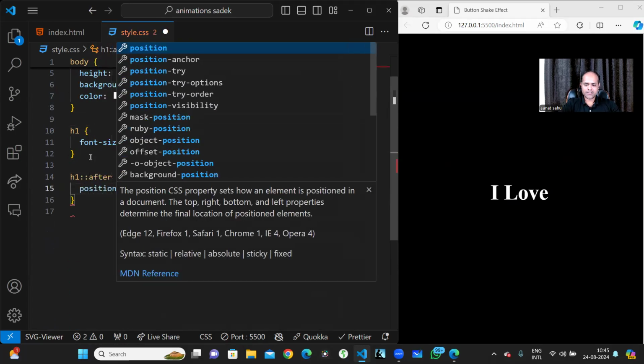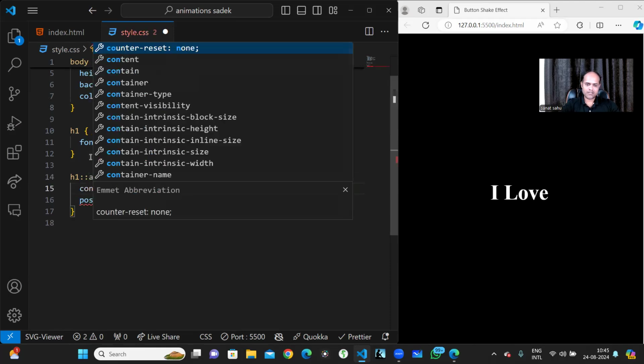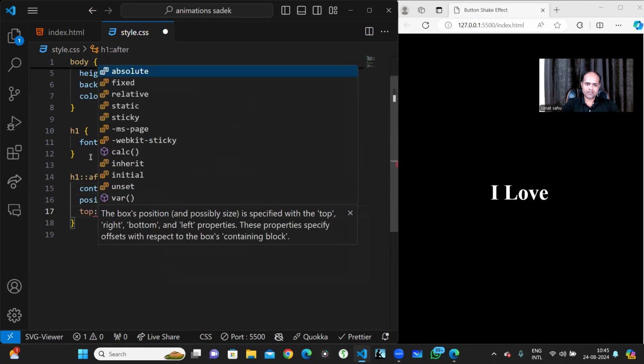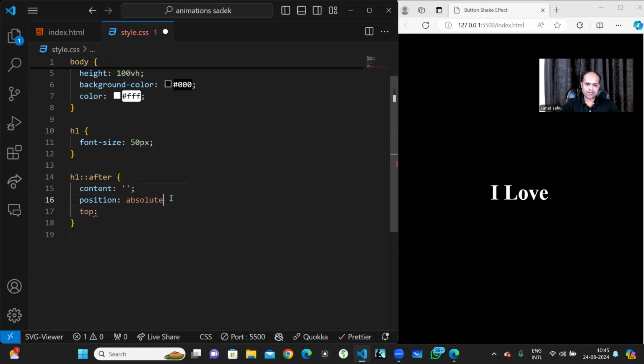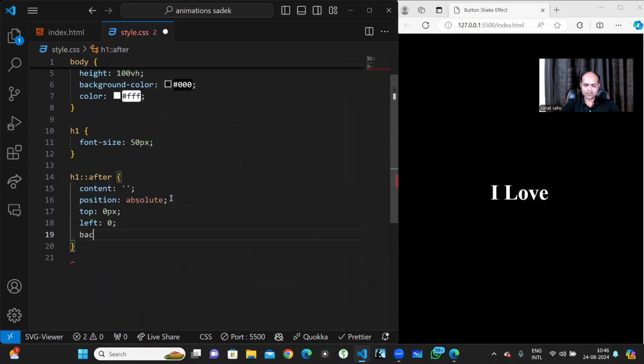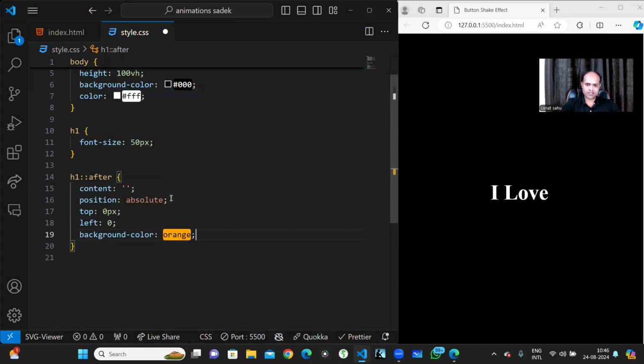I'll just create position as absolute. But for that, content should be empty initially. Okay. What happened? Top 0 pixel, left 0, background color orange, and color will be like black. Okay. Here I have to do position as relative,